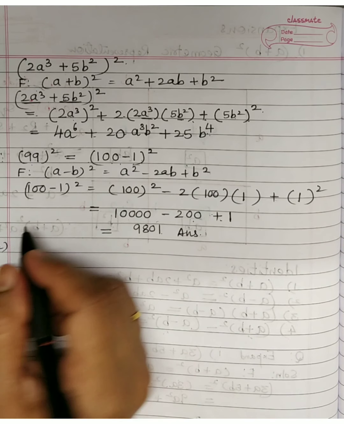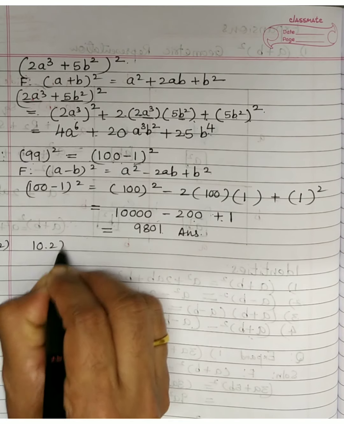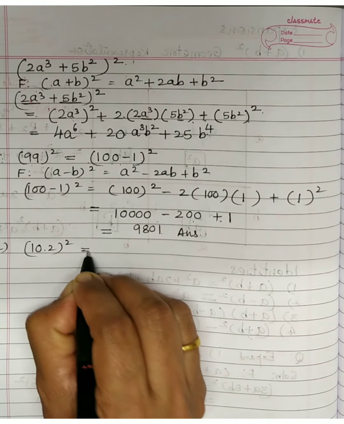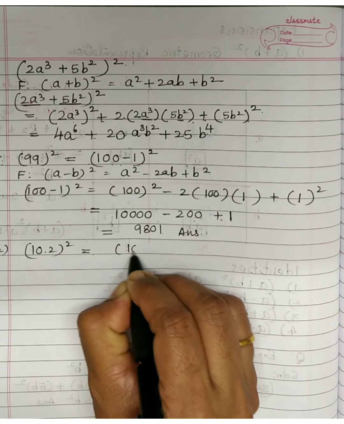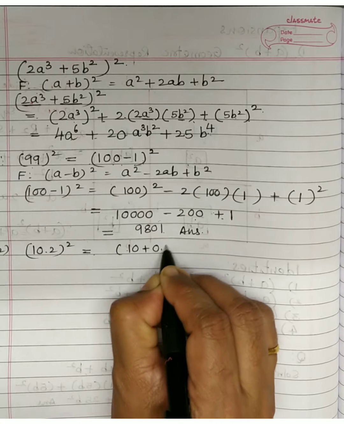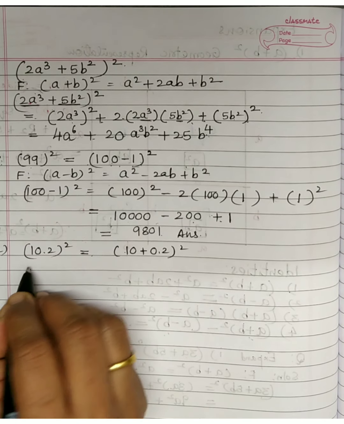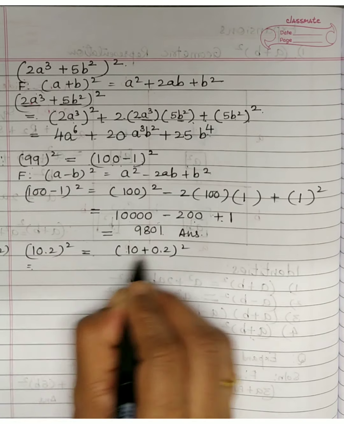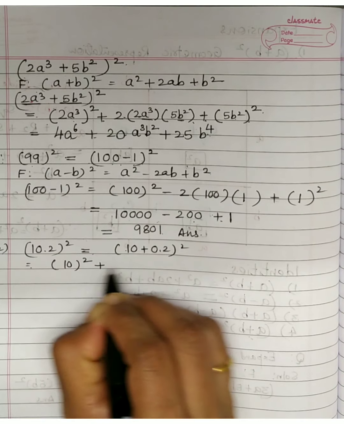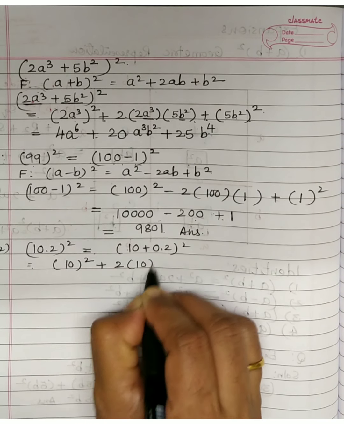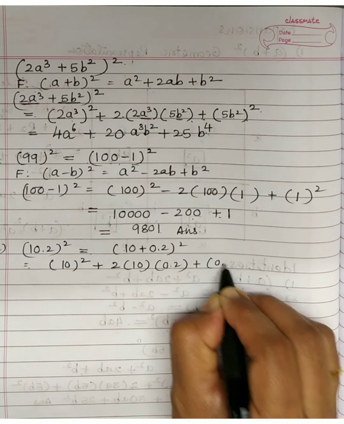Any you can do yourself, like 10.2 the whole square. So first decide addition or subtraction. Here it goes easy with addition. You can write 10 plus 0.2 the whole square. Which formula? A plus b the whole square, right? Directly now I am writing. So this will be first term square, that is 10 square plus 2 into 10 into 0.2 plus 0.2 the